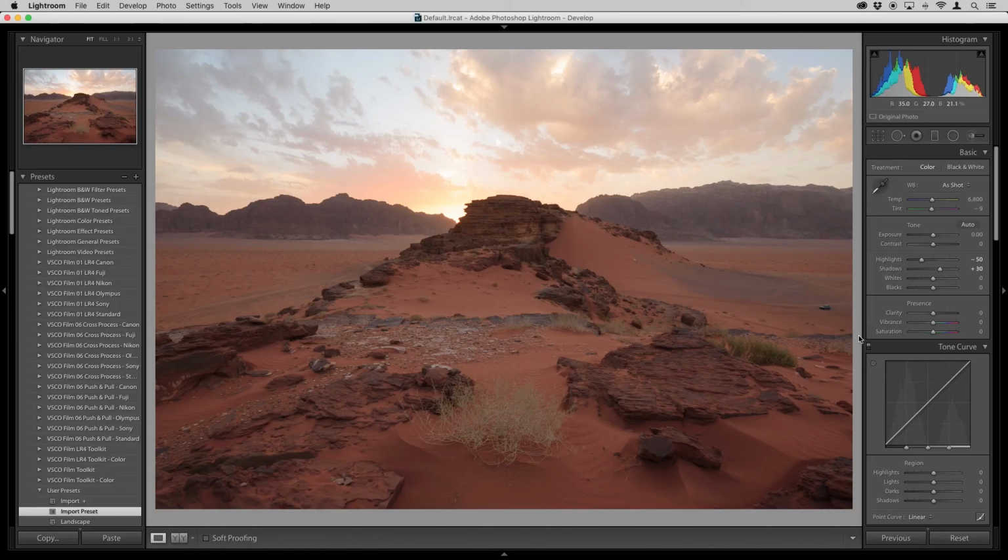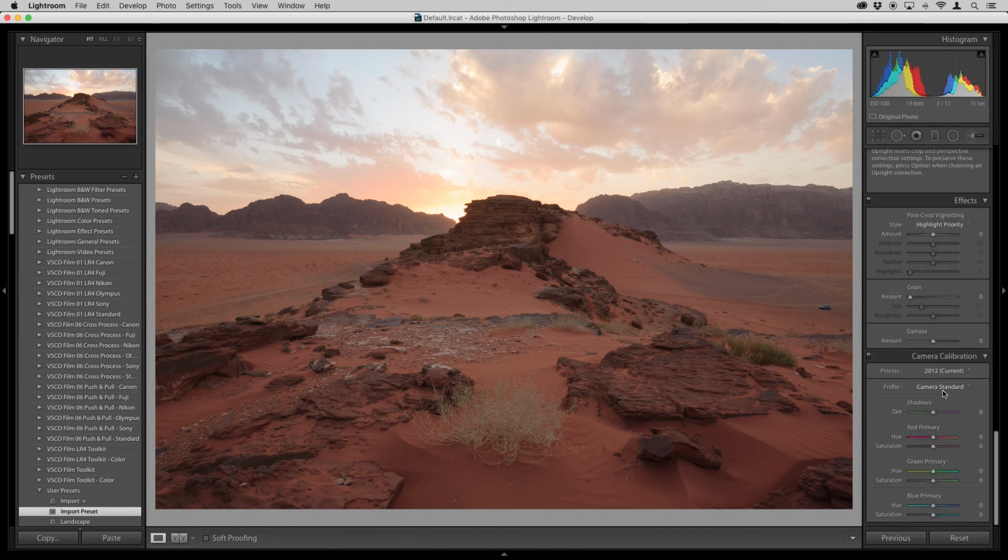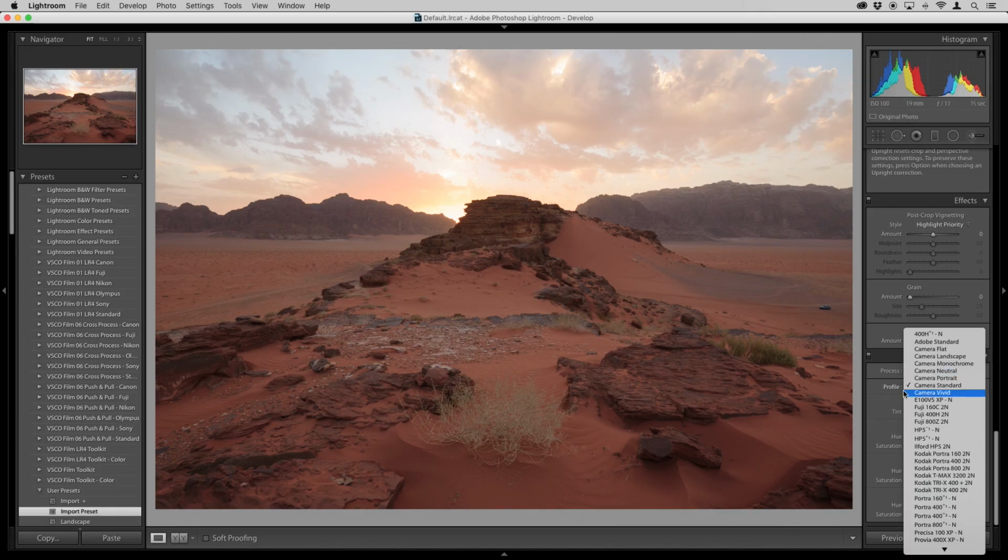Now, there's one more thing here. As I said before, this particular preset that I created has the profile for camera standard, and that only works for my Nikon cameras, because these things are going to change depending on the camera. If I were shooting with something like a Fuji, it's going to have something like Provia standard or other presets, and that profile is not going to carry over. So if you do shoot with multiple cameras and you want to have that profile, you might want to name it accordingly. For Nikon, maybe have Nikon import, and if you shoot with Fuji, maybe Fuji import, so that when you import specific images from a specific camera, you just apply the desired import preset.